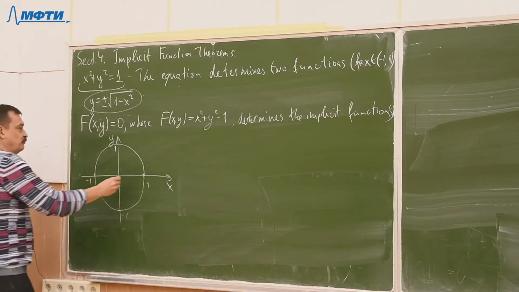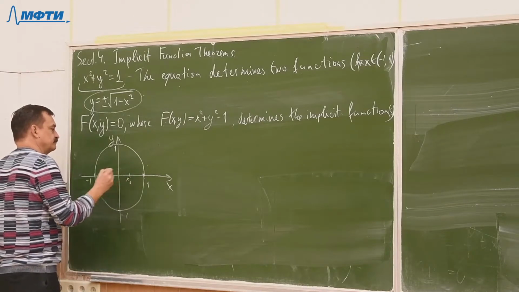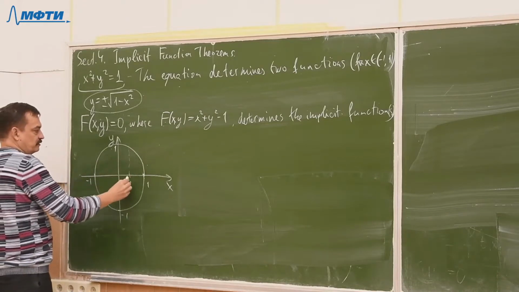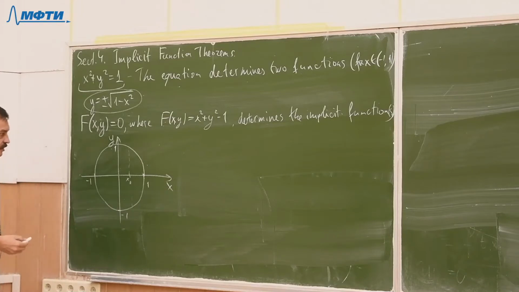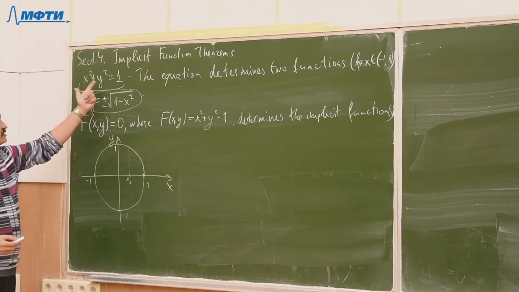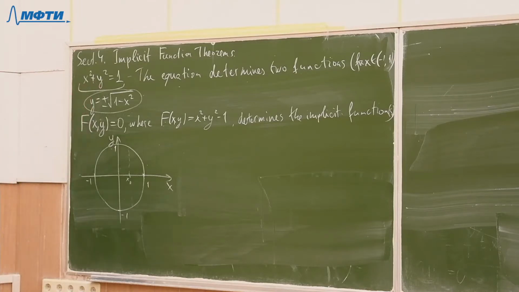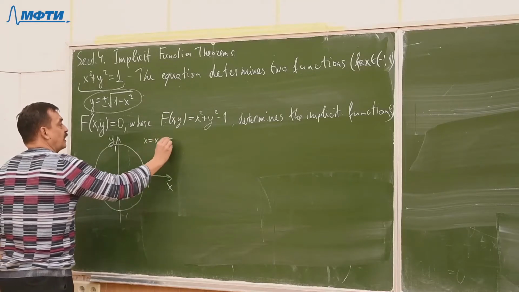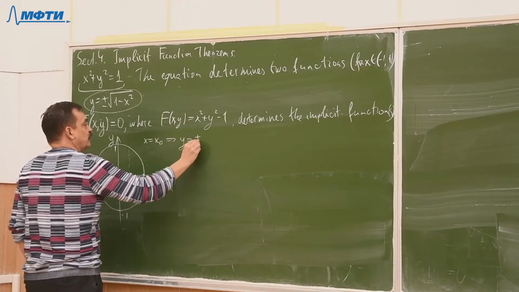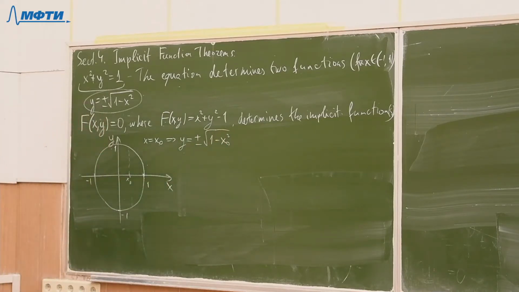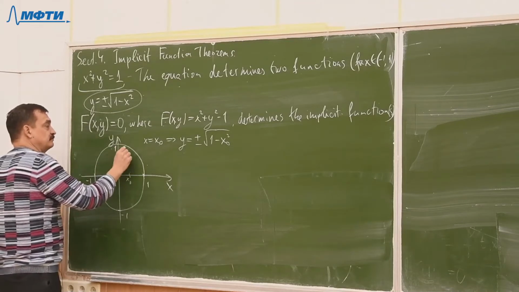For example, if we fix a point x0, then in general we can find two possible values of y which satisfy that equation for x equals x0. So x equals x0, hence y equals plus or minus square root of 1 minus x0 squared. But what is important? If we choose one of them, let's say here,